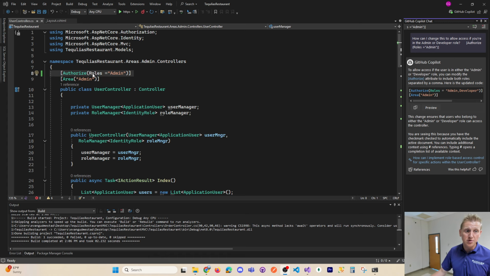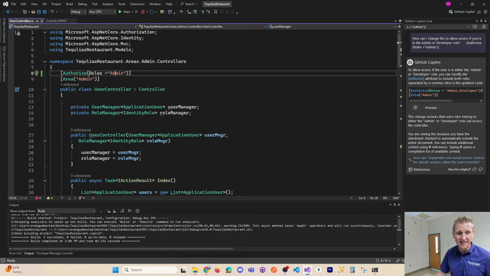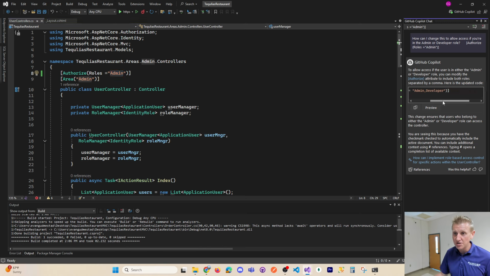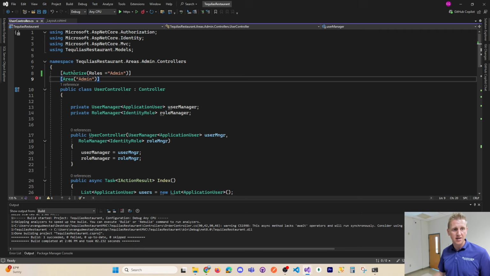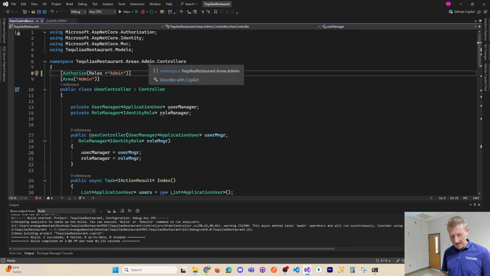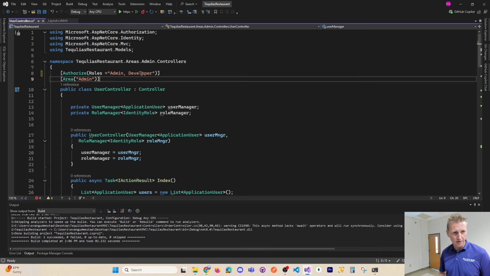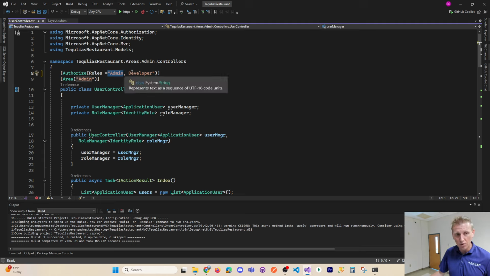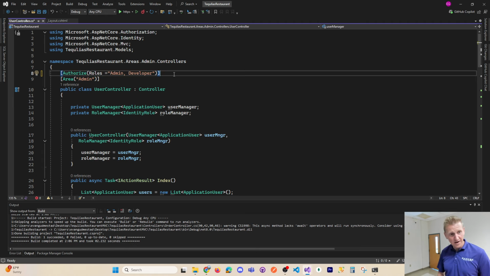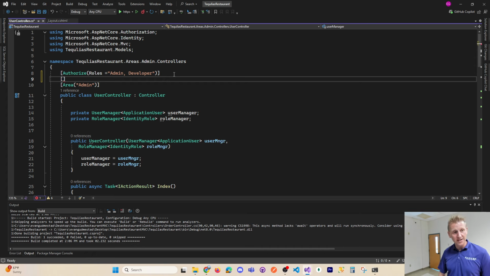And so I hope you enjoyed this tutorial. I wanted to show one last thing, which is that if I wanted to change this, if you are an admin or developer, you can comma separate this string and say, now if I'm an admin or I'm a developer, I can have access. So this will work in the case of if you're an admin role or if you're the developer role, you can now have access. And then another common one, just to make sure that you're logged in,